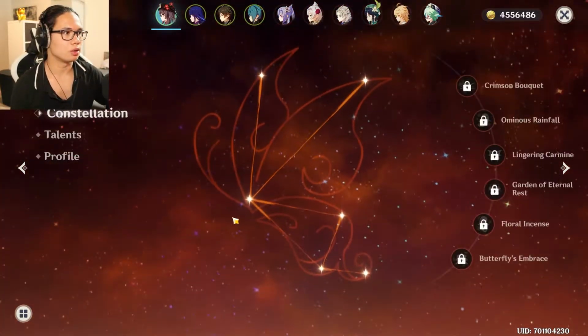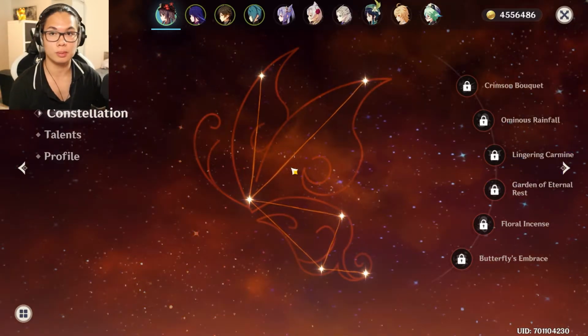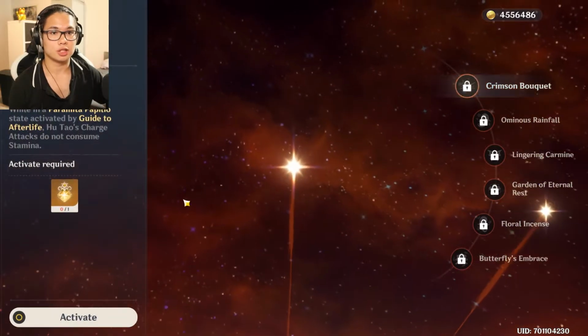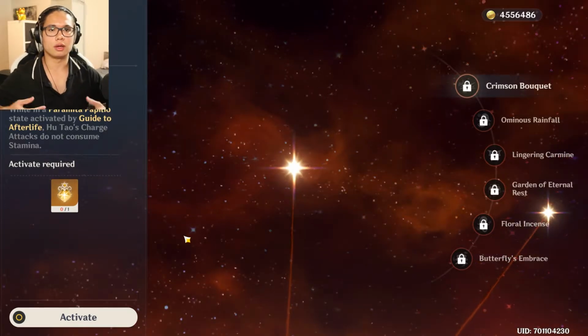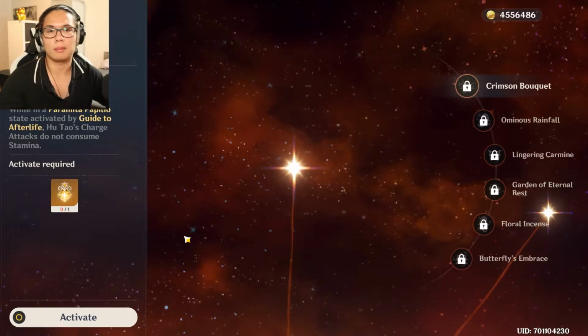Now we're gonna get to Constellations. I just want to talk about the first one, which will be important for me personally because I'm pretty much guaranteed to get Hu Tao again, and this changes everything. Bro, this is just for every Hu Tao main who just has her on C0. There's nothing new a beginner to the game really needs to know about, but I'm just going to talk about it